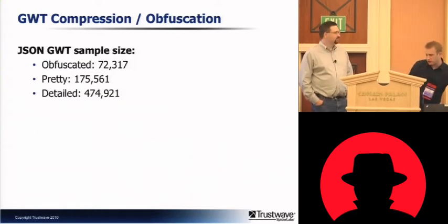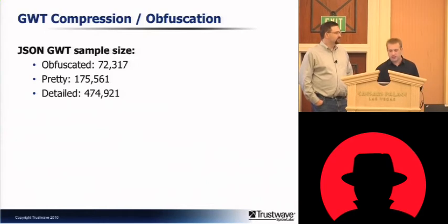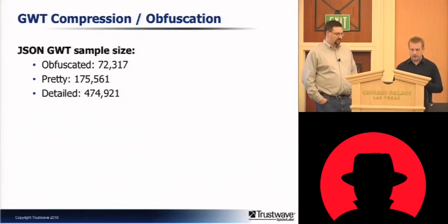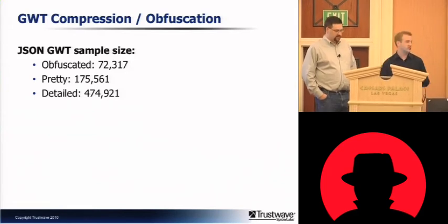And the compression works. The obfuscated code from the JSON sample app is almost exactly half the size of the pretty code. And the detailed code is about 7 times as large as the obfuscated code. So